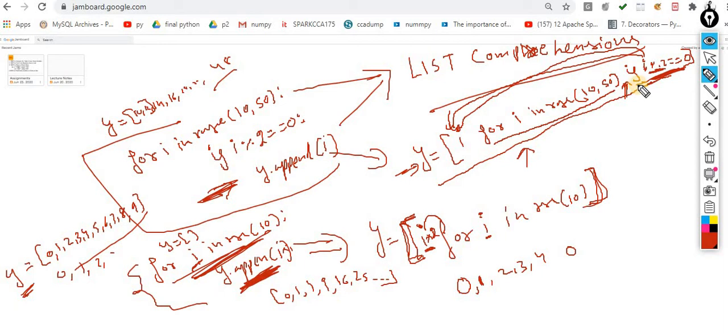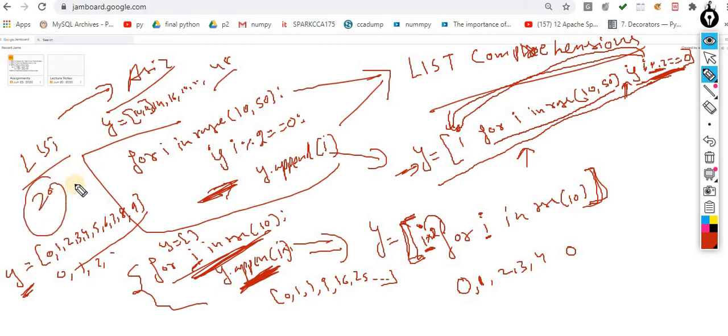Now, does anyone have any doubt? Because I am moving to the next part, the assignment part, where I will give you the assignment, because this is all about your list. We covered almost 20 methods, nested lists, and then this list comprehension. If you have any doubt, please do let me know before moving to the assignment part.